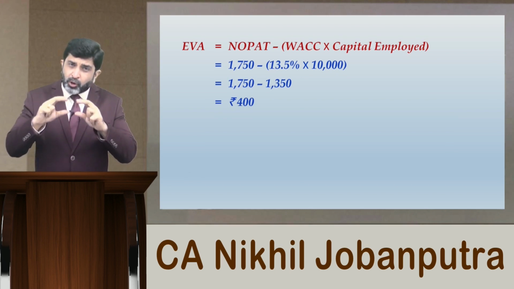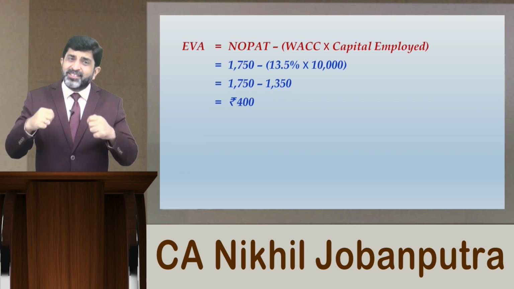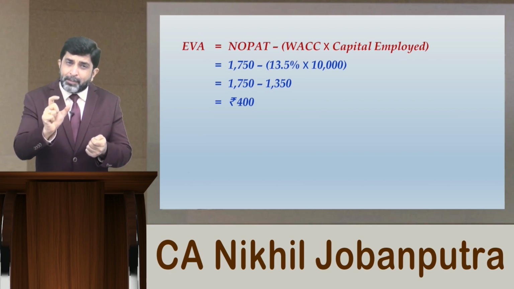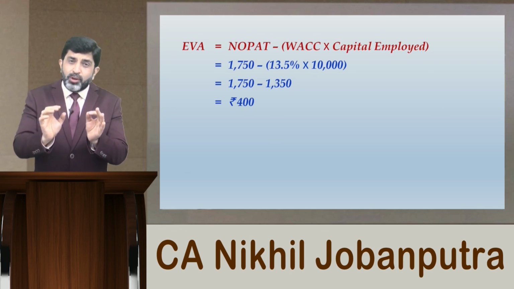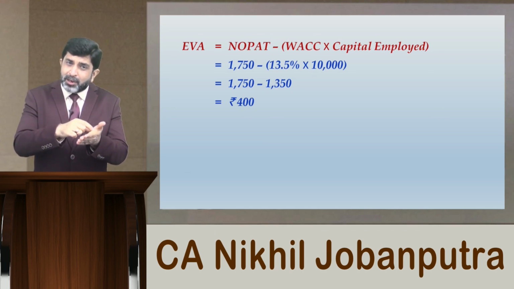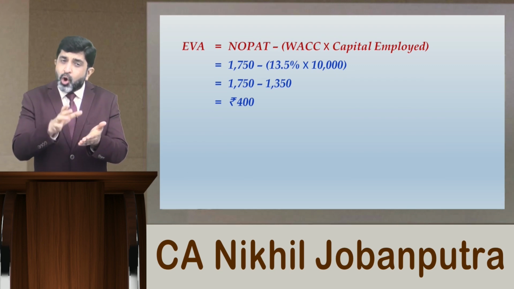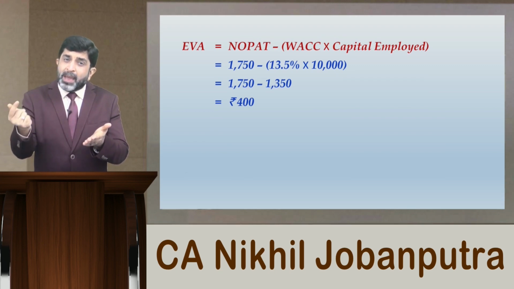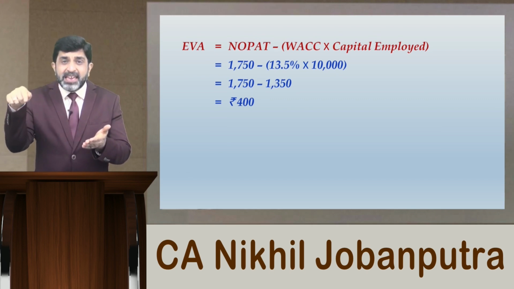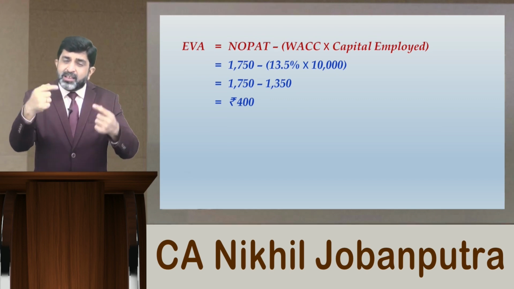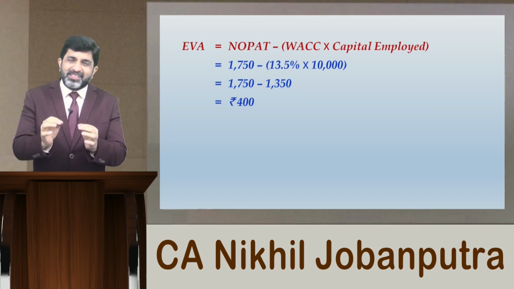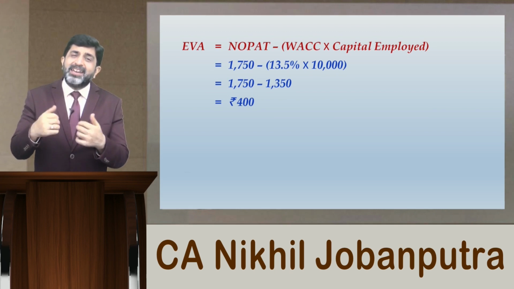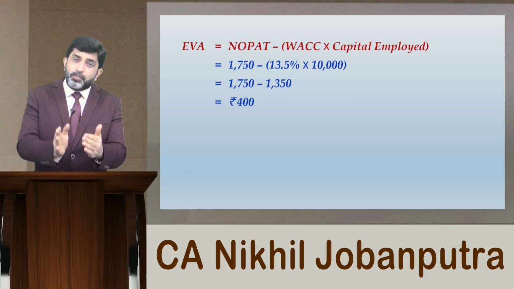Now from the amount of profit after tax, just subtract that portion of capital charge which you have to provide to the equity. So it is the aggregate of equity share capital plus reserves and surplus. On that aggregate amount, if you apply cost of equity, that is KE, and whatever amount you get, when you subtract it from profit after tax, you will get nothing but EVA directly. So even that could be another way of determining EVA.